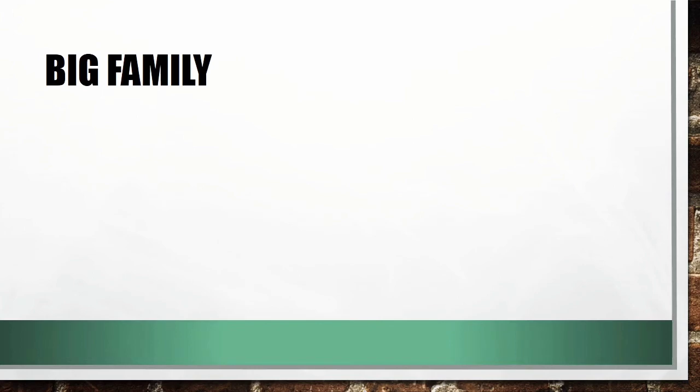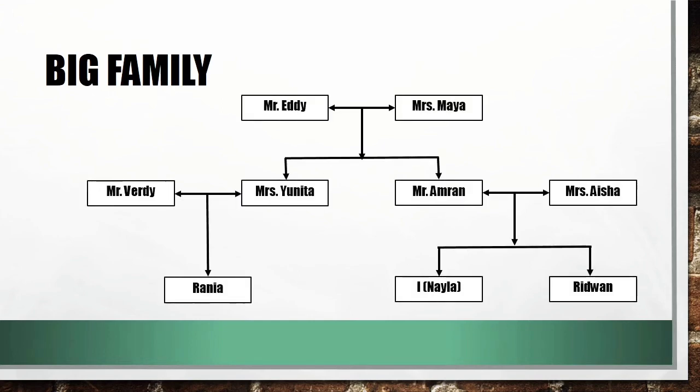Now we have to jump to big family. Let's take a look at the family tree here. Start from Mr. Eddie and Mrs. Maya and then until Naila and Ridwan. From this family tree, we can make some sentences. The sentences are: